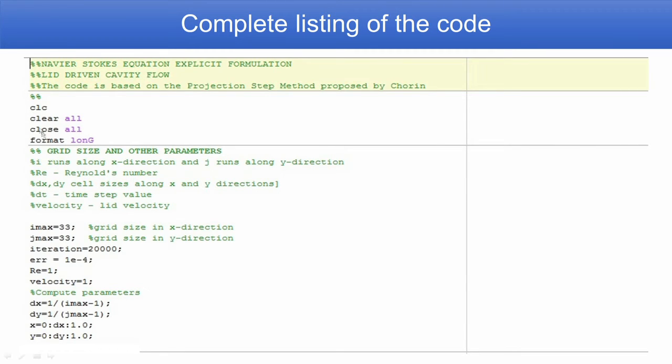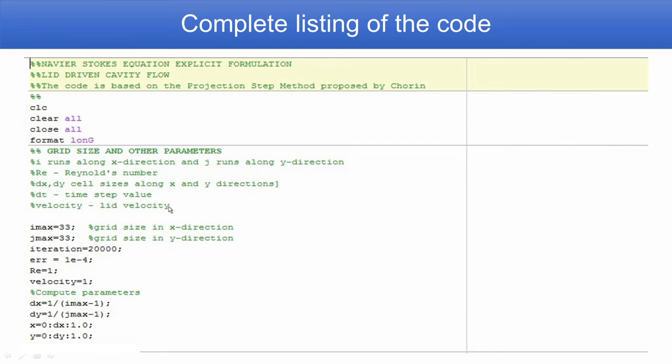Complete listing of the code is given. We have seen the code part by part. Now, we will see the entire code. Navier-Stokes equation, explicit formulation, lid driven cavity flow. The code is based on the projection step method proposed by Chorin. So, we have all these initial lines, then you define grid size and other parameters. i runs along the x direction, j runs along the y direction, Reynolds number is defined and used with the symbol Re. dx comma dy are cell sizes along x and y direction, dt is the time step value,